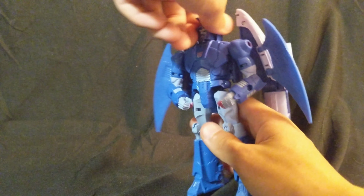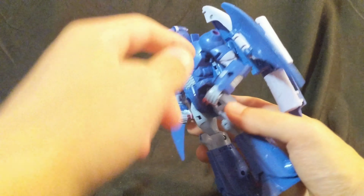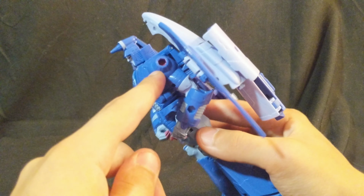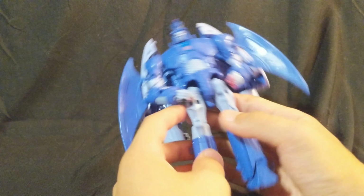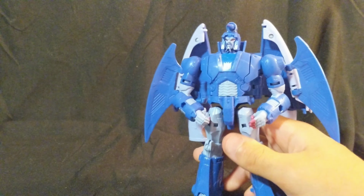Yeah, overall, everything else paint-wise, I say personally is up to snuff. I do feel that they probably could use a little bit more red in here and there. But other than that, he looks good. Now on to articulation, starting off at the top of the head, he can look down that far and